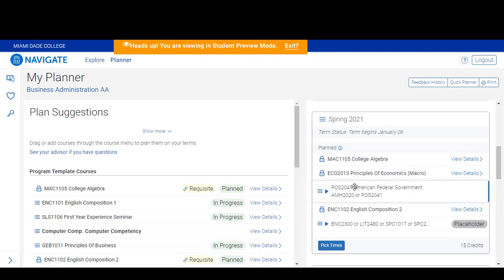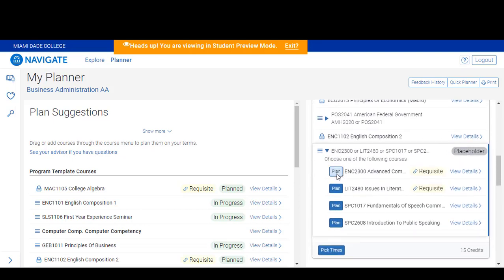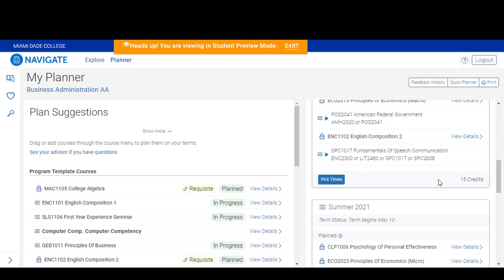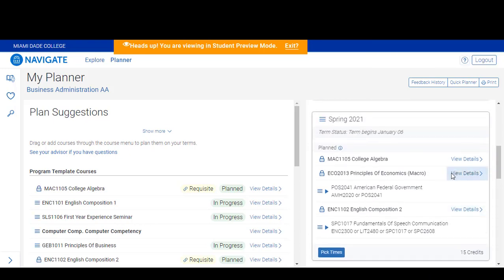Ensure that the courses are correct, and if you have a placeholder, make sure to open the selection and pick the actual course you want to take to complete this requirement. Once you have all courses planned, click Pick Times in order to build your schedule.